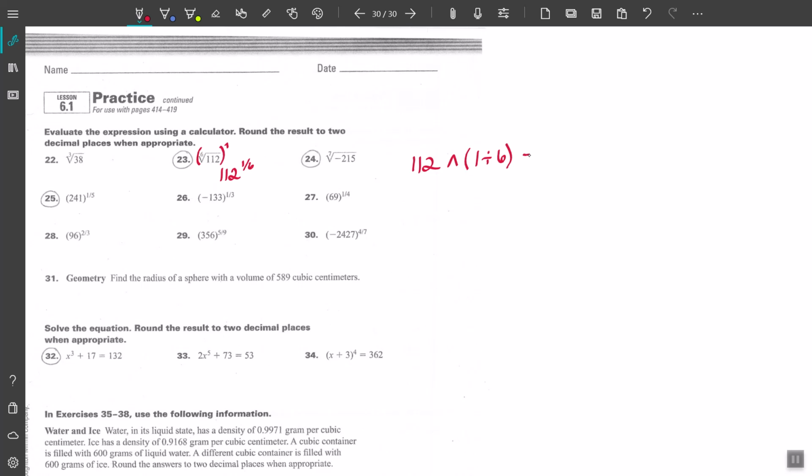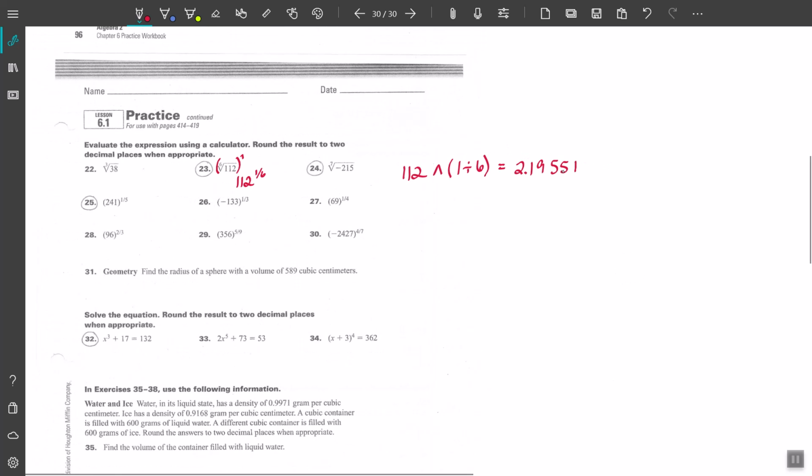Then hit enter or equals, whatever it is on your calculator, and it should give you 2.19551, etc. They asked us to round to 2 decimal places, so that means we want to round here to 2.20. If you left it as 2.2, I would be fine with that as well. I'm leaving that 0 on there, even though it's not significant, just because they specifically stated to 2 decimal places